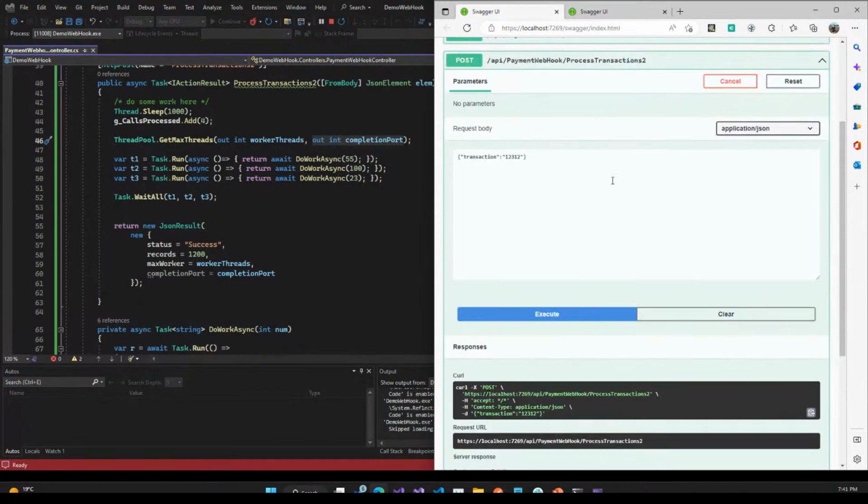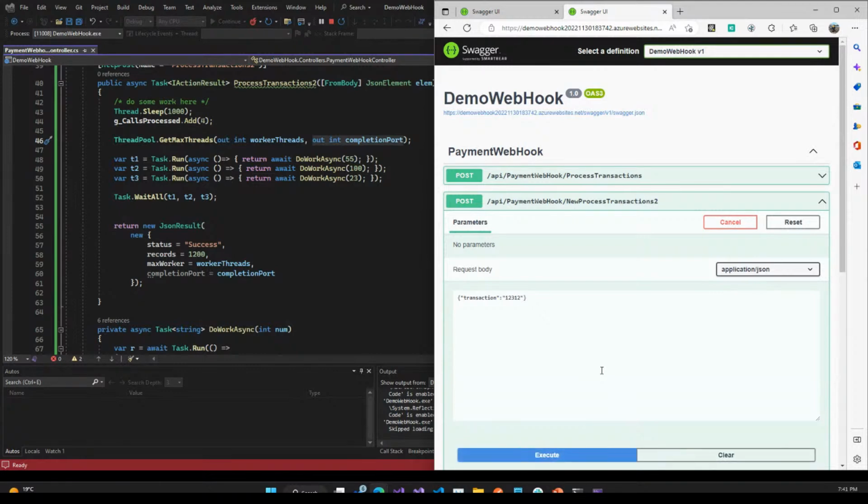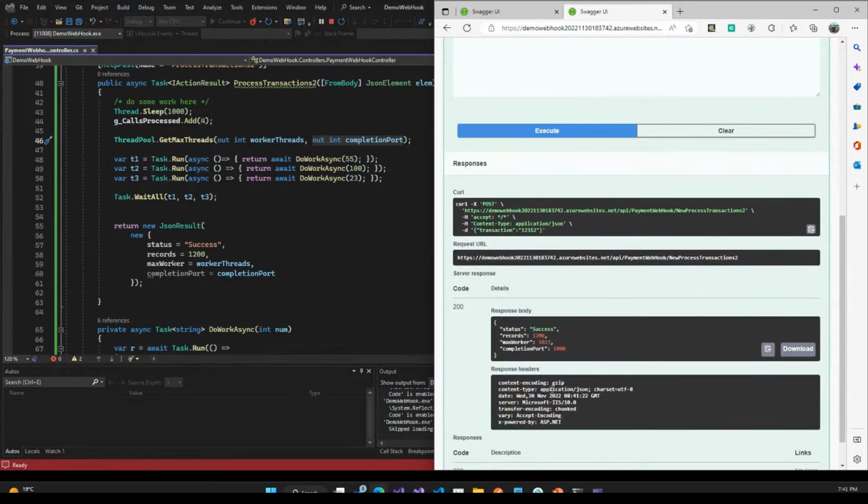It doesn't really matter what JSON I send in, just saving myself some typing. Let's go and run this. This is what we would call production. We've deployed it, we've waited our 3 seconds, and we get back some very interesting